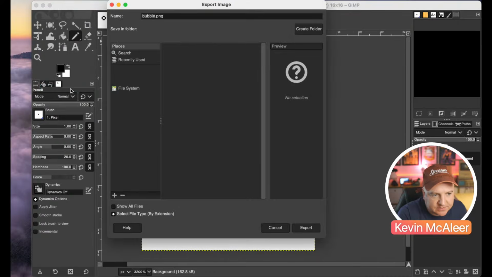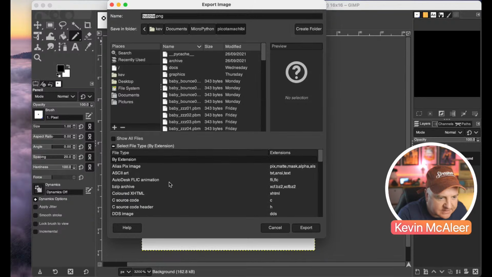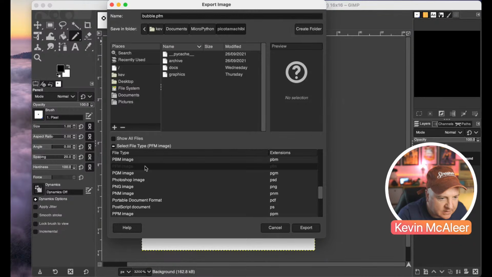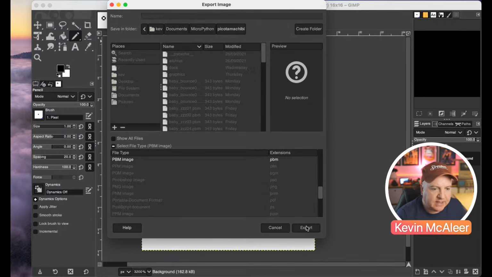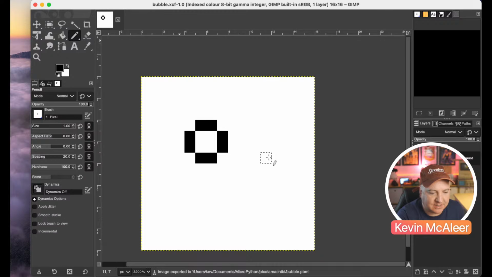So we go to export, and we then say we want to export as, let's click on this by file type. We scroll down till we find PBM, which is this format just here. So there we go, it's selected now. I click export. It will then say, do you want to save this as a RAW or an ASCII? So we want to save this as a RAW file. So I'm just going to click that. It's going to say, what do you want to call that file? And I can't see where that dialog box has gone, but it should be saving that out now to